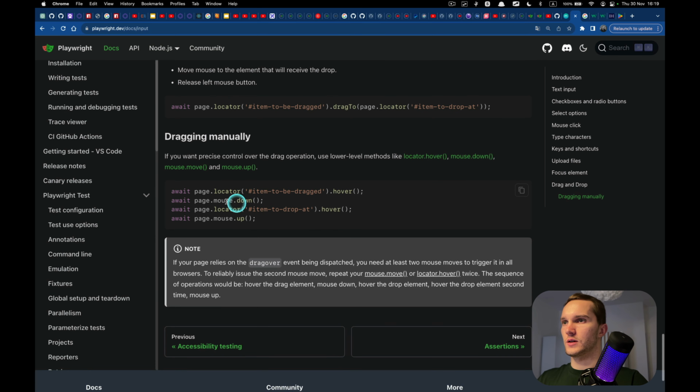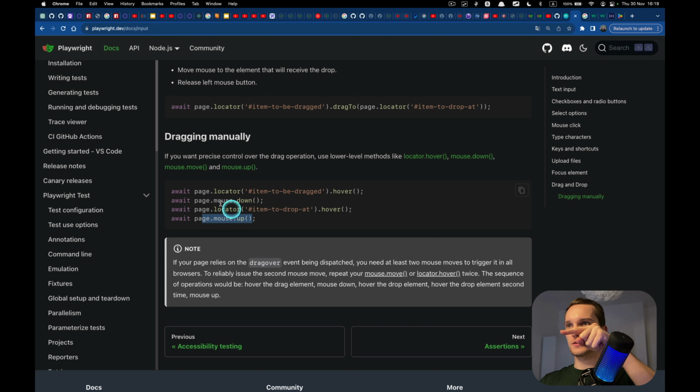Then we have dragging manually. Okay, this also works. We hover over the element, then we do mouse down, like holding the mouse down, then we move the mouse, hover over another element, and then we do mouse up, meaning release.